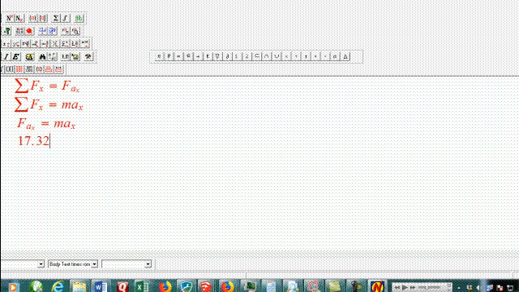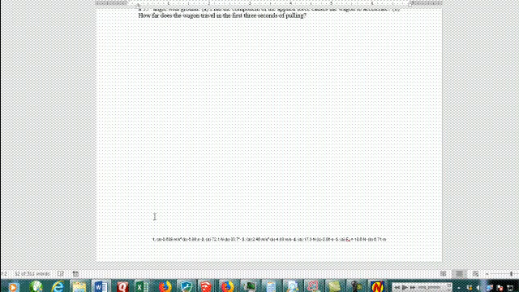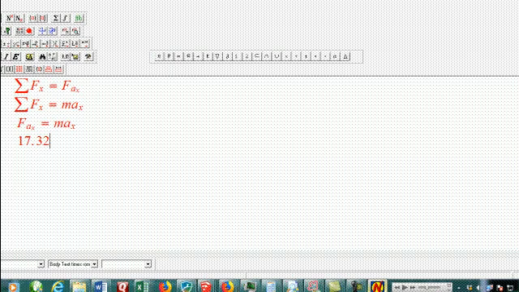Let me confirm that just to make sure. 17.32, right? Equal to ma, and that's going to be max. I like to switch it around to make it, what? Symmetric property. Right? Oops, sorry. I'm going to switch it around. Delete. Let that equal to